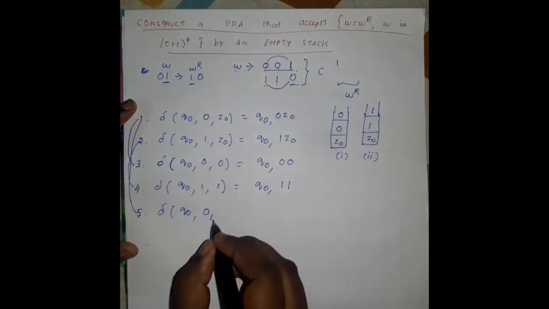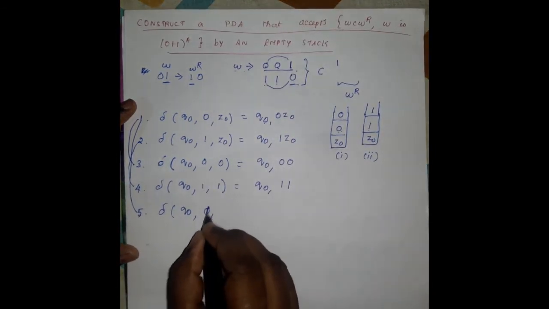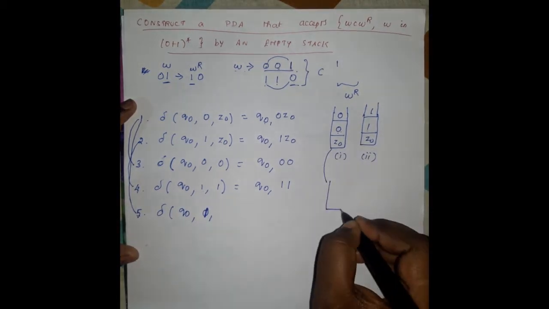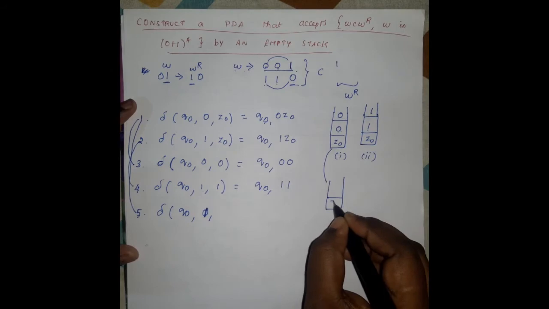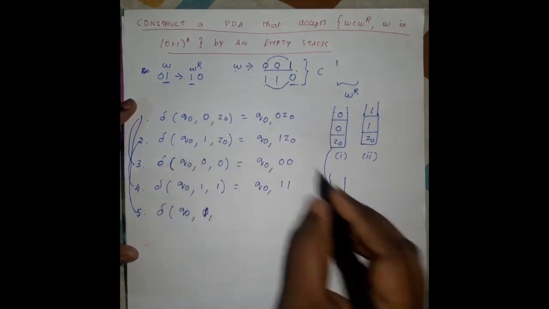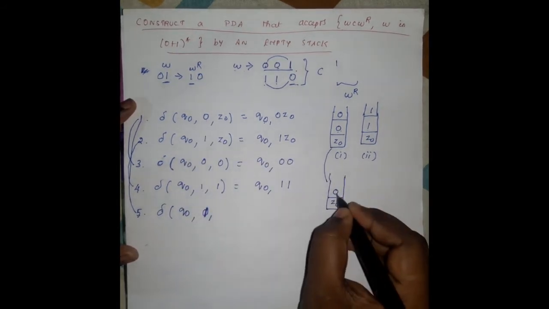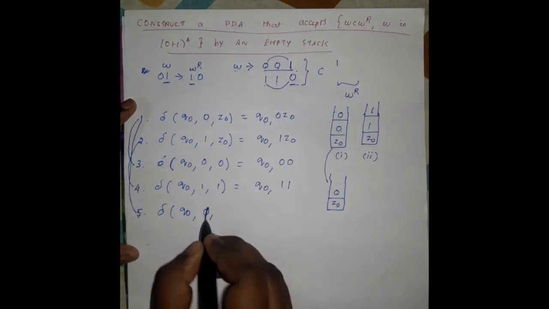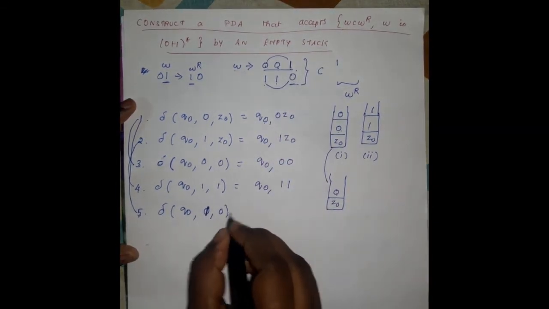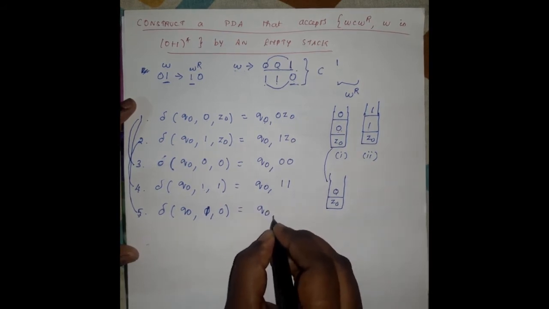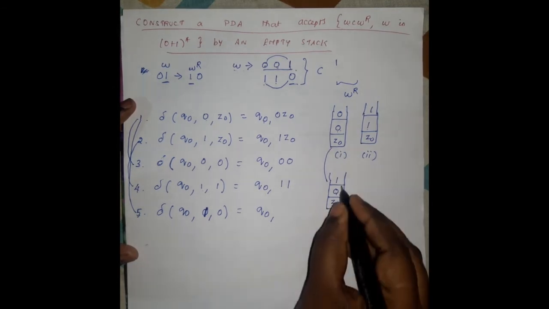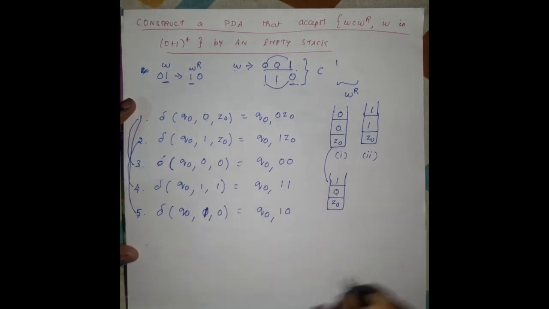So the top of the stack element is, the input symbol is 1. This is the first case. But in case the first step is Z naught, the input symbol 0 is pushed. After 0 I am going to pass the one element. So the current input symbol is 1 and the top of the element is 0. It remains in the same state, Q naught. So after reading 1, the stack has 1 pushed, so the stack element is 1 0.